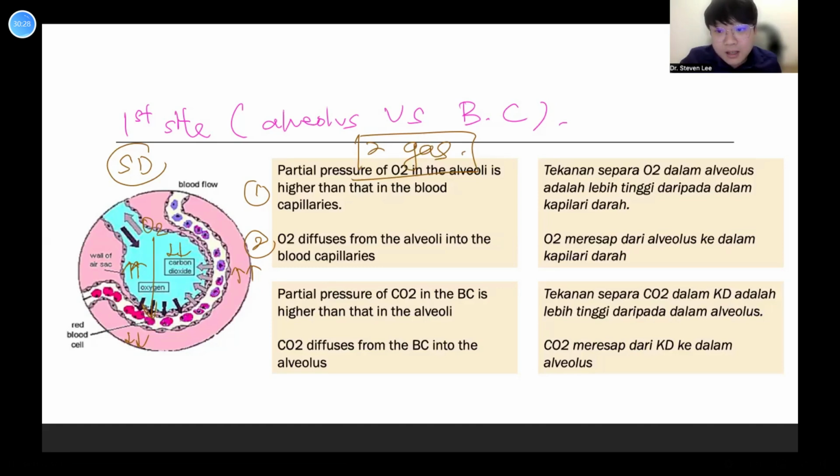Two different gas in the same location. That means you must be very careful, because this is a common mistake. If you compare two different gases at one location, maksudnya you are comparing oxygen with PP dengan carbon dioxide